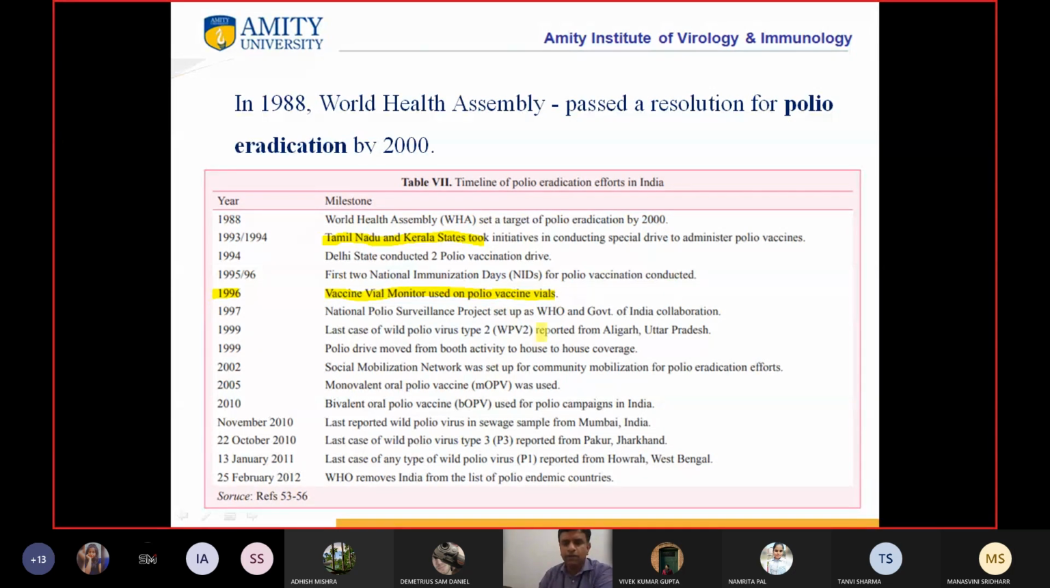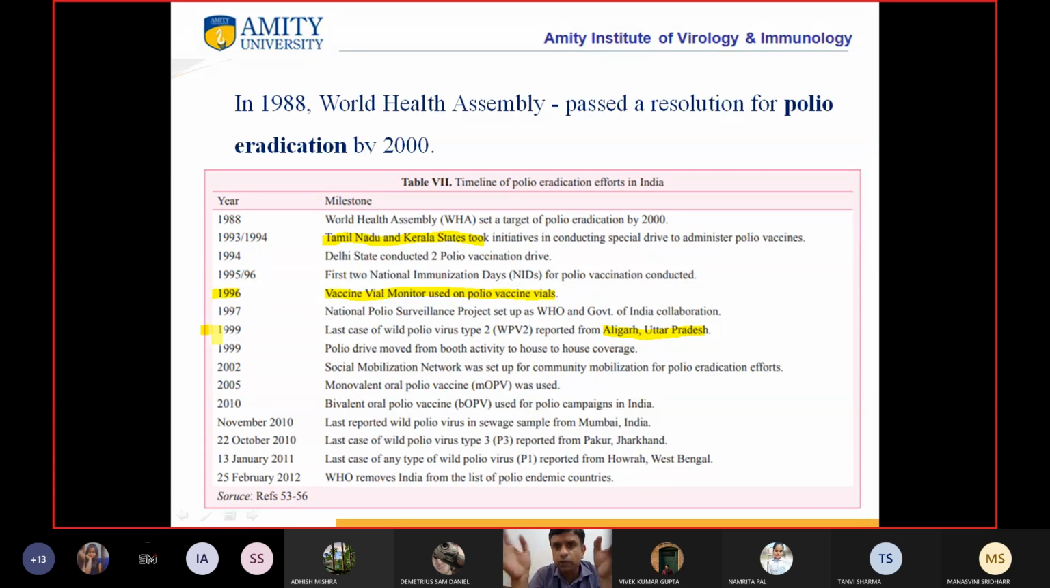Later on, National Polio Surveillance Project was set up as a WHO and Government of India collaboration. And in 1999, the last case of wild polio virus 2 was reported from Aligarh, Uttar Pradesh. So with this, we knew that we were very close to polio eradication. So now the polio drive moved from booth activity to house coverage, and I'm sure you have